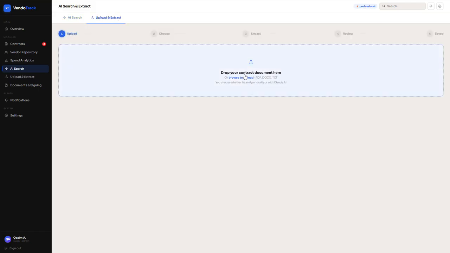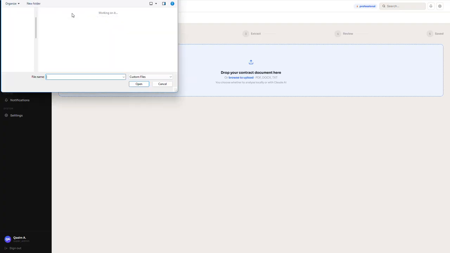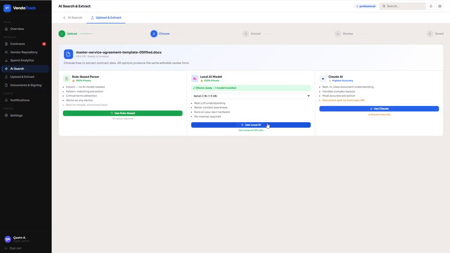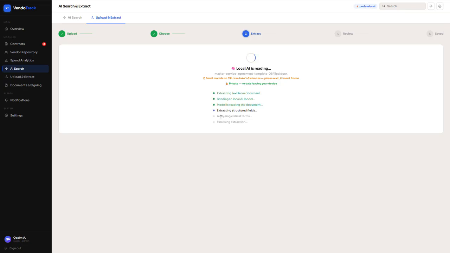So this is the beauty where you can upload your contracts, PDF, docx, or text files, and you can extract the data out of it. So let's say I have this master service agreement. If I click here, it will ask me, do you want a rule-based parser or a local AI model or a Claude API? It will give you different options to use. So let's say I don't want to share this outside, and no internet is required for this, as it mentions. I use it local. It will extract and structure the fields it is extracting out,